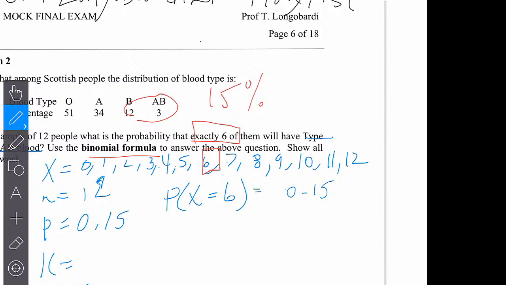The chance of a person having B or AB blood is 0.15, so we want 6 of them to have that. If 6 of them have it, that means that out of 12, 6 of them don't have that, right? So the probability of not having it is 0.85. So then